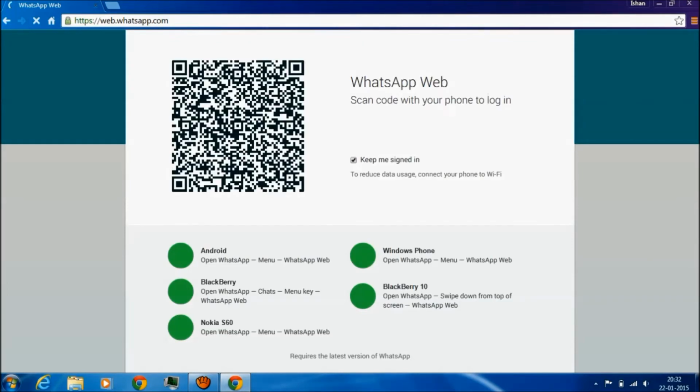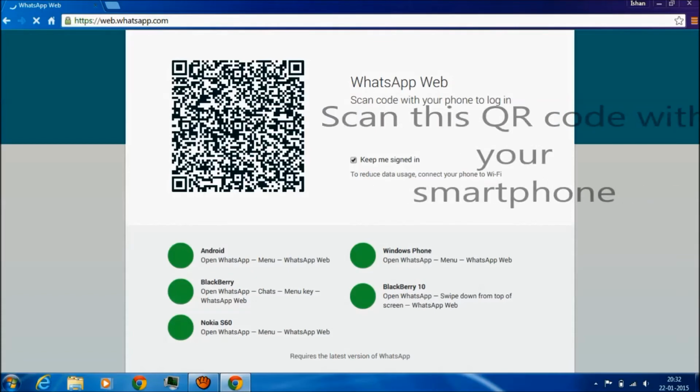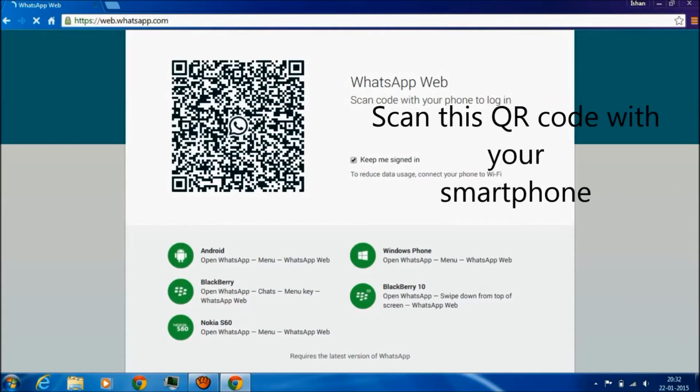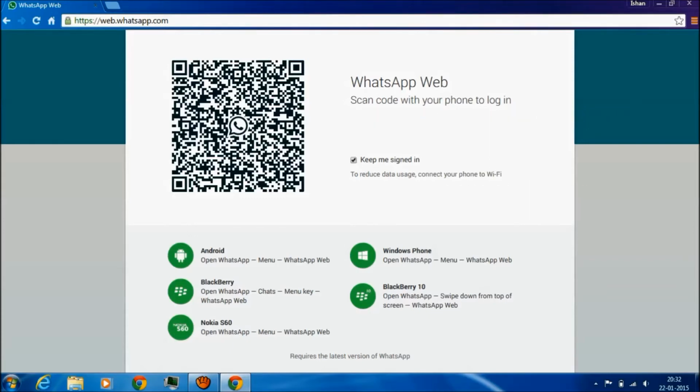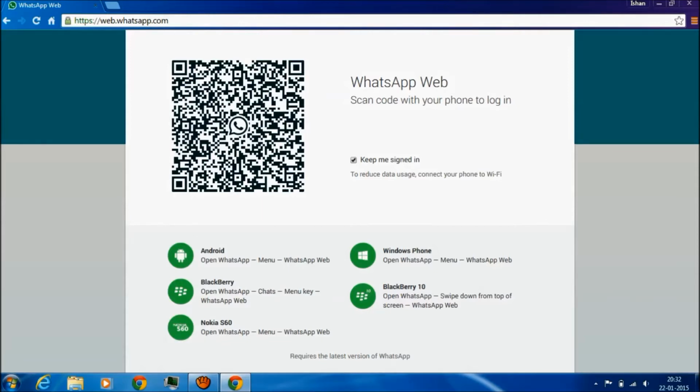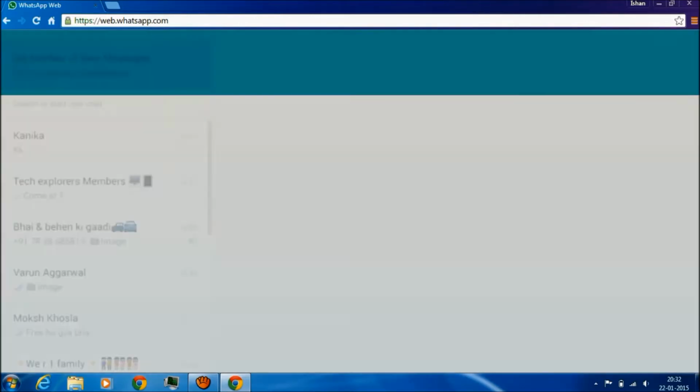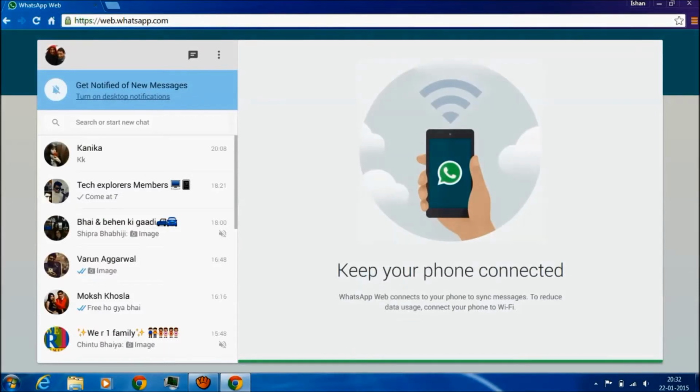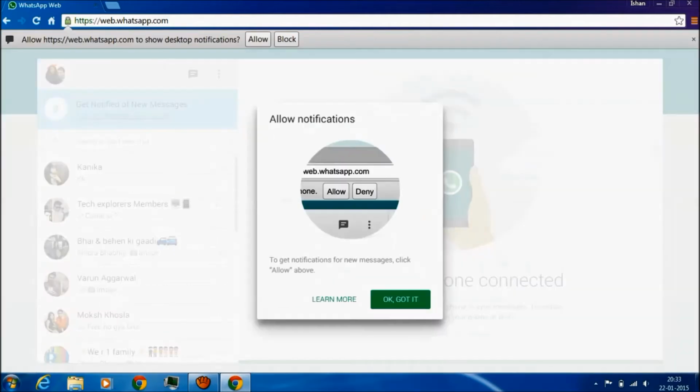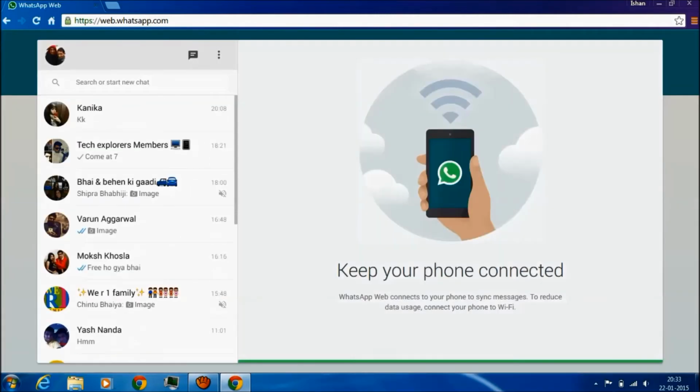Okay, now you have to make sure you have turned on the Wi-Fi network on your phone. So I just do that now, and I will go to the menu button as I show you the internet. So I just go to WhatsApp Web and now I will scan it. See, guys, so fast and so easy. You don't have to type any user ID or any password or anything. I think this is a great idea to use your WhatsApp.